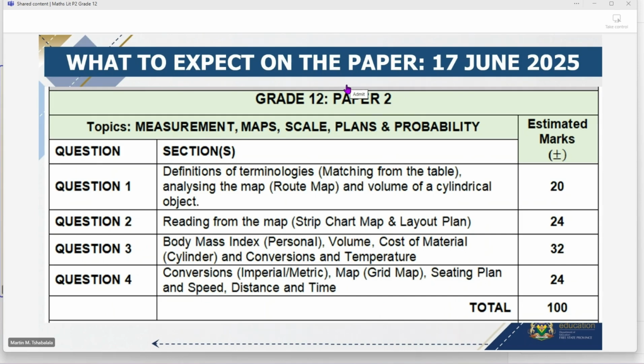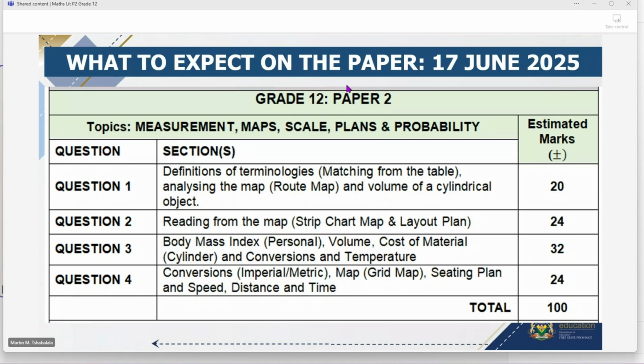Speed, distance, and time. If there is a formula given to you, you will be asked to calculate either the speed, distance, or time. Most of you are good at calculating speed when the formula is given there. But the moment they say, we are giving you speed, we don't give you time, we are giving you only distance, calculate time, it becomes a problem. If the formula for calculating time is not given, you have only the one for speed.